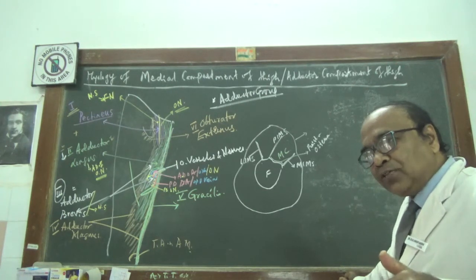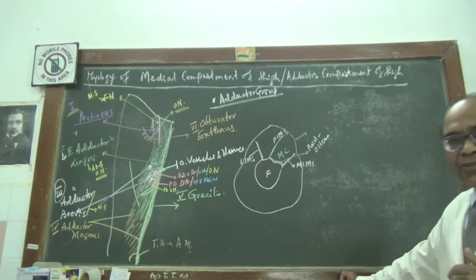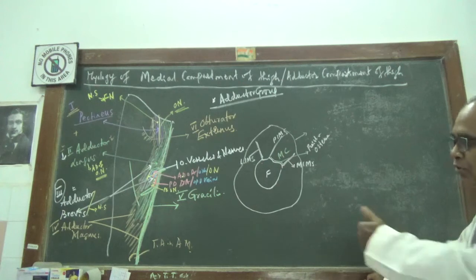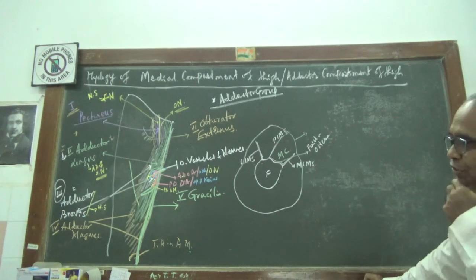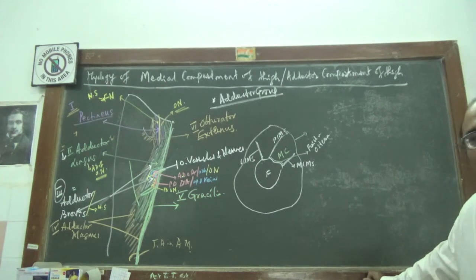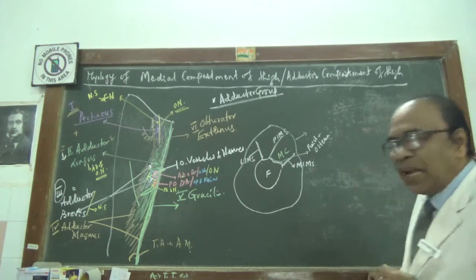And lower medial supracondylar line or the condylar line or ridge. So that will be there posterior. So this is what the relation. Now what is the nerve supply for this adductor magnus?